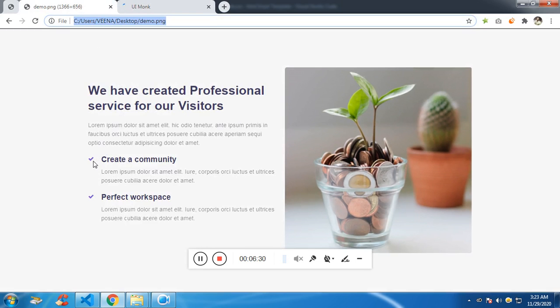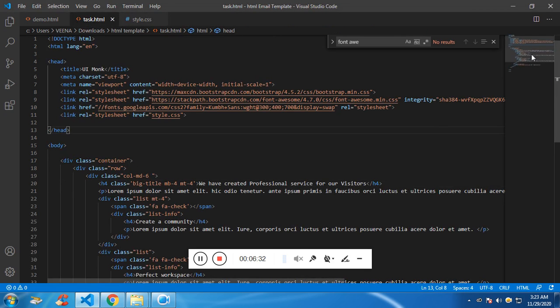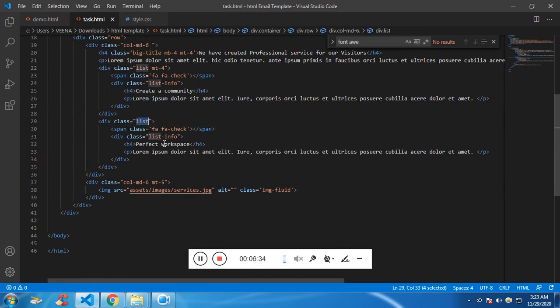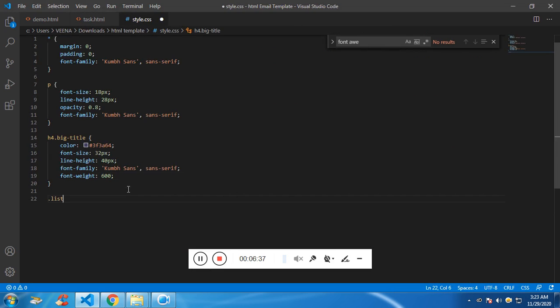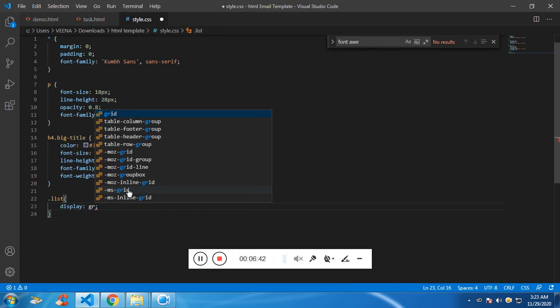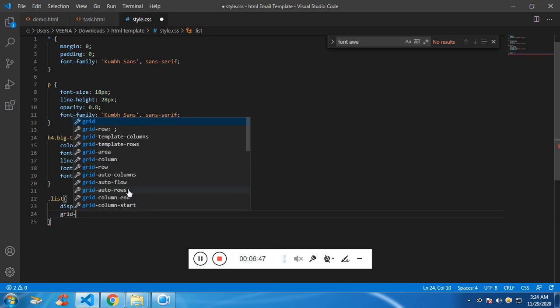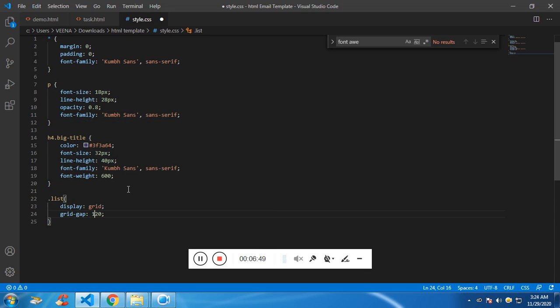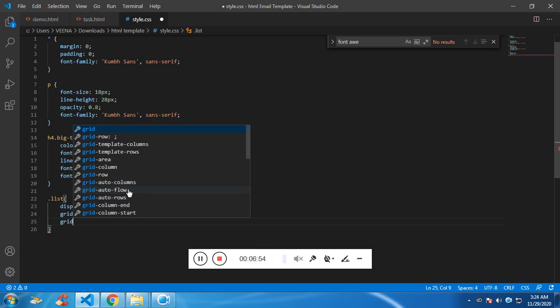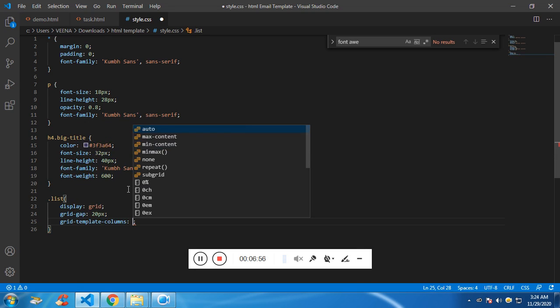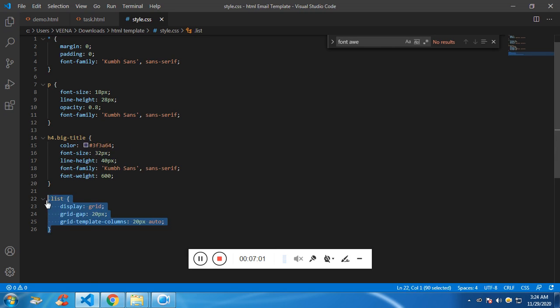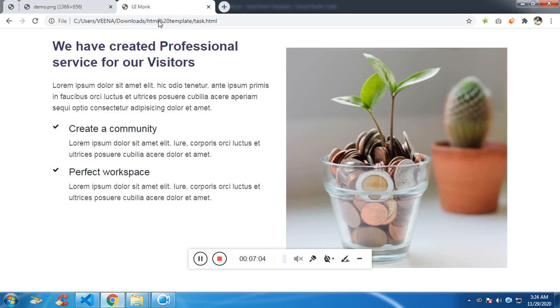And now if you see the list, which holds the Font Awesome icon and the list info, we'll style that. Display, I'm going to use grid, and grid gap is going to be 20 pixel, and grid template columns is going to be, the first one is going to be 20 pixel, and the last one will take the width accordingly. Now if I see,